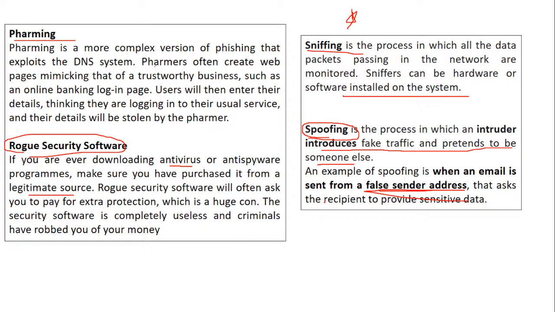There was a question on these two, so you should be able to remember this concept very well. Fake traffic intruder means a false sender, but you will think it is true, and by the time you realize, things will be out of your hands. So these are all the common threats in your ICT and they are part of all your previous year question papers, especially 2019.